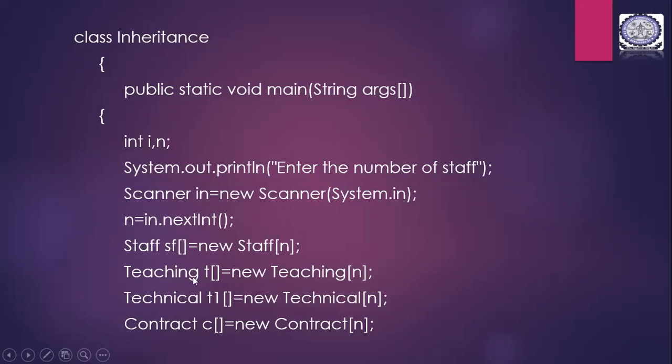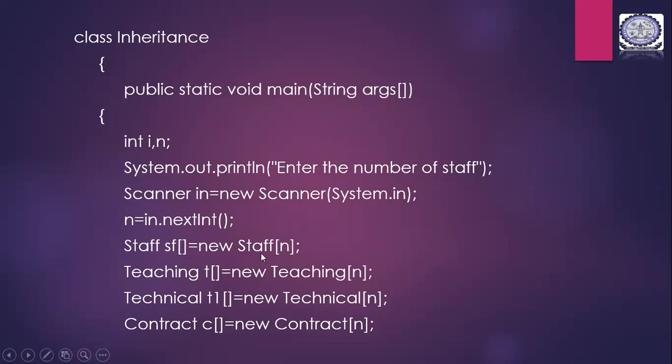Then again, since for staff you have taken n value, you have given subclasses that belong to the staff class, right? You have different data variables defined between teaching, technical, and contract. For each of these you will have to take the array because these arrays are in line with the staff member. If only staff has an array, it doesn't do good. For this staff, you will have n number of staffs with staff ID, staff name, and staff phone number. You will have the values for those variables.